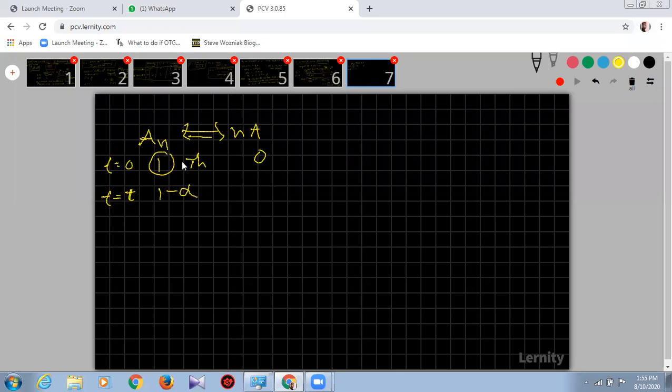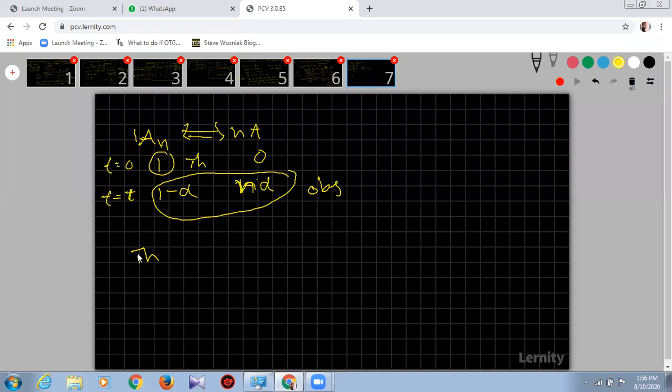And how much will you get here? Here 1 becoming n, and alpha becoming n alpha here. So 1 becoming n here, alpha becoming n alpha. So now what is observed here? This is observed here: 1 minus alpha plus n alpha. Now theoretical.